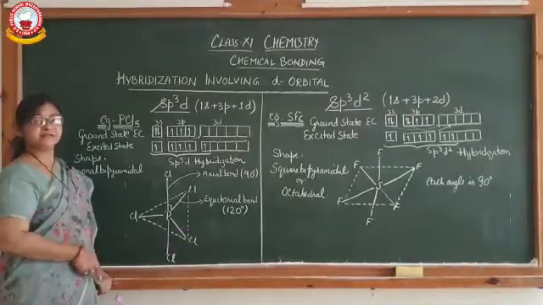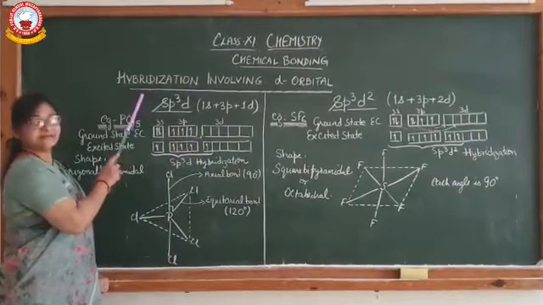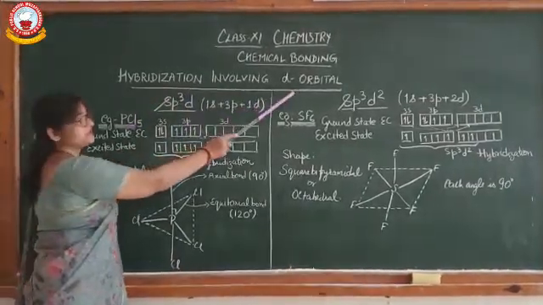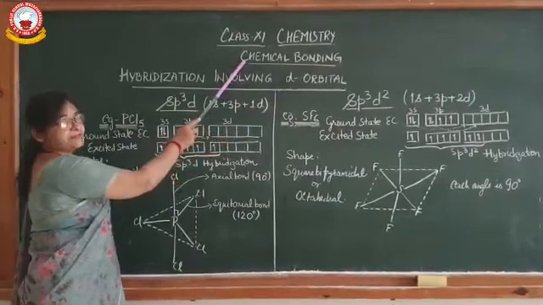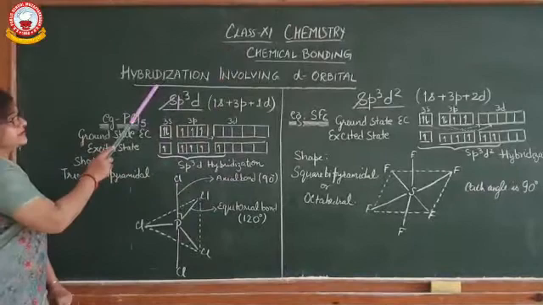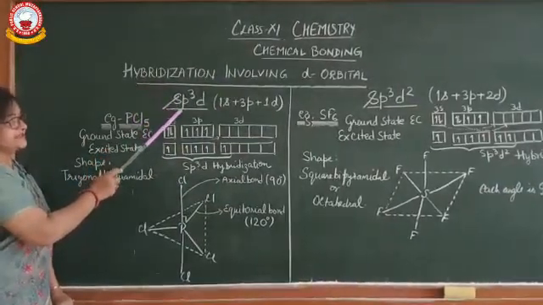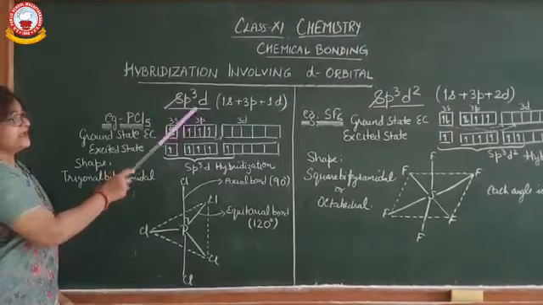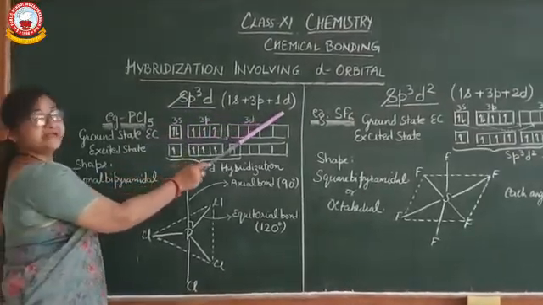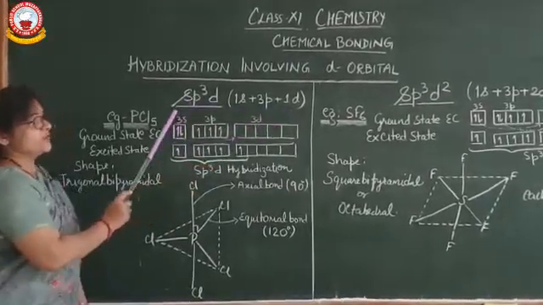Good morning students. Today we are discussing the topic hybridization involving d orbitals from the chapter chemical bonding of class 11th. In this hybridization, one example is sp3d type in which 1s, 3p and 1d orbital mix and hybridize to form